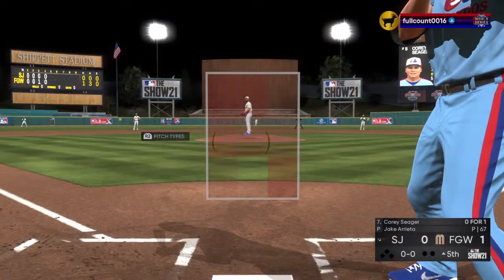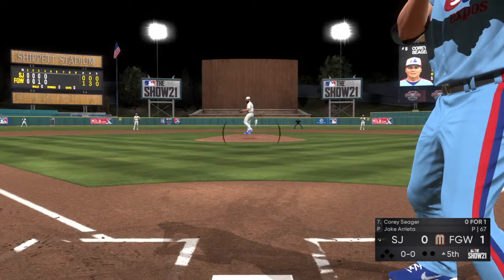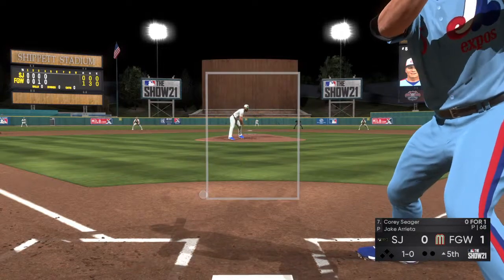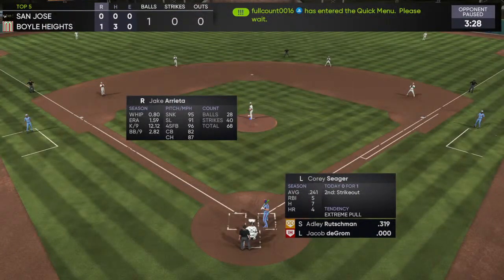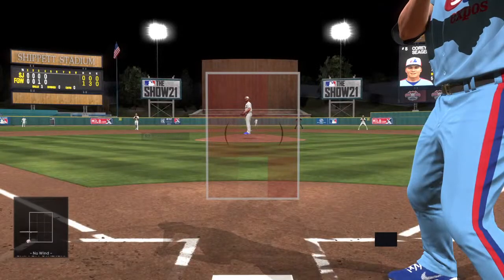All ready to go in the top of the 5th. And coming forward now is the shortstop, Corey Seager. First pitch of the inning is taken low and away for a ball. It's 1-0. Well, that backdoor breaking ball just...